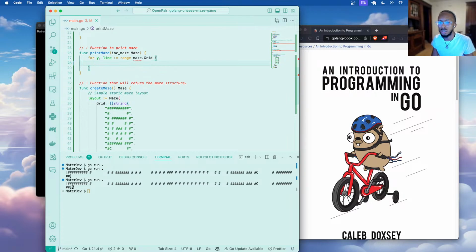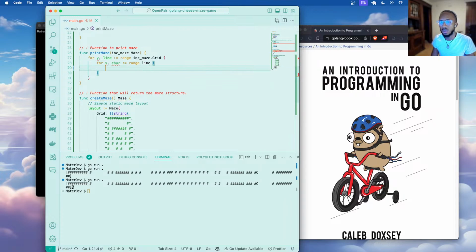And for each of these, we're going to next, oh, I gotta call this incoming maze. Okay, so when we do this, we will take these lines and then we'll loop over each of the characters, which is each character represents a position along the x coordinate. So for x, character, for a range of line, so this is going to allow us to iterate through all of the characters in the line. And then for now, we're going to do